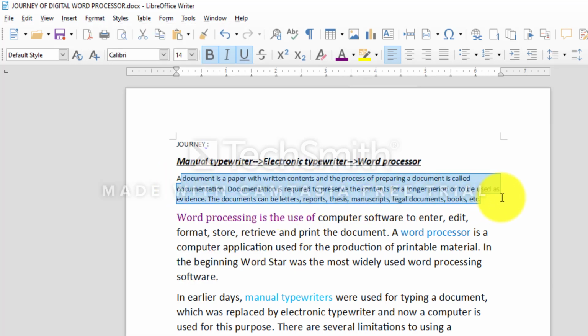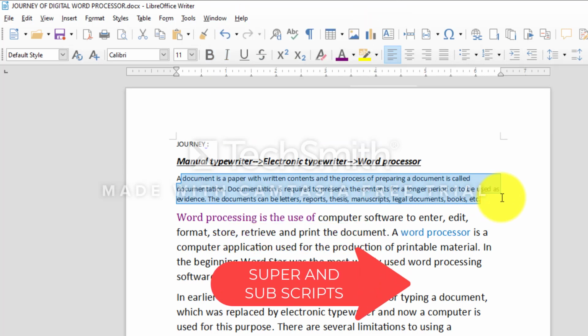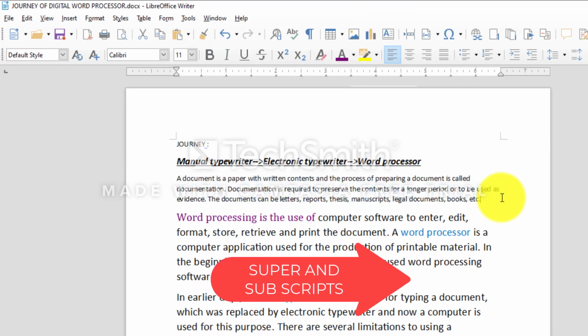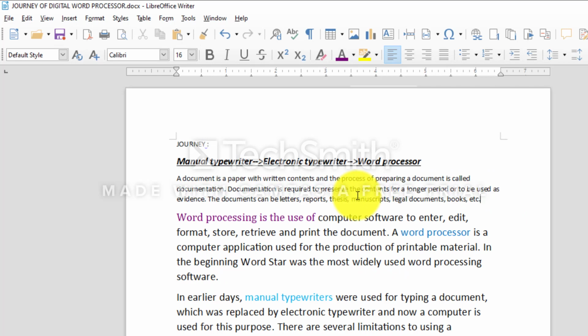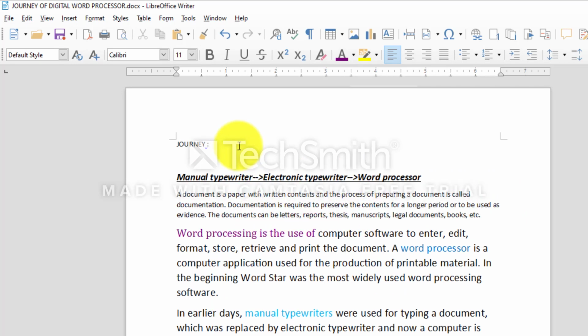Next, we will study superscript and subscript. For example, in the date 5th July, the TH character appearing after 5 is in the superscript case. In some situation, such as while writing scientific or chemical formulas, such as O2, the character 2 is in the subscript case.